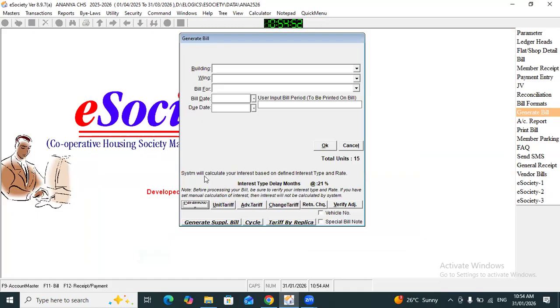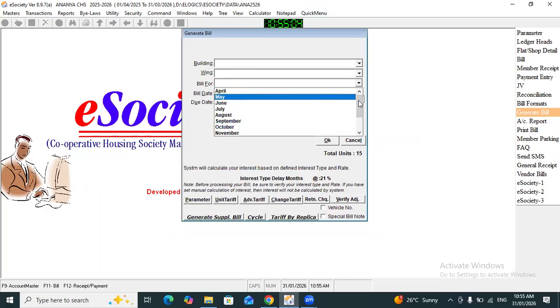Now we can see the system will calculate the interest with type, delay month and rate 21%. We'll check it.